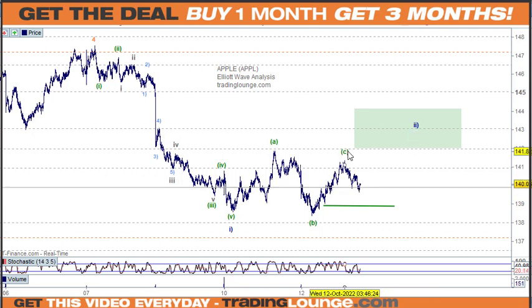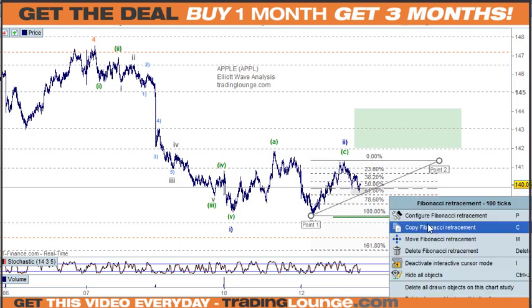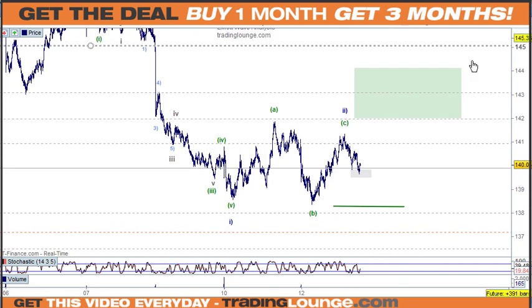Sorry, I meant to put it like this. So it could be like this here. We could have this as the ABC. So any breach of these lows here, it's always nice to just find out where the 50-60% retracement level is from here, because that would be supportive of any B wave in this instance. So that's the 61.8%, and we can look at that also being the B wave here with the C wave coming up here further for this.